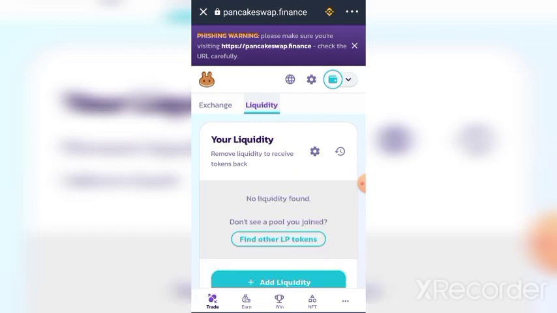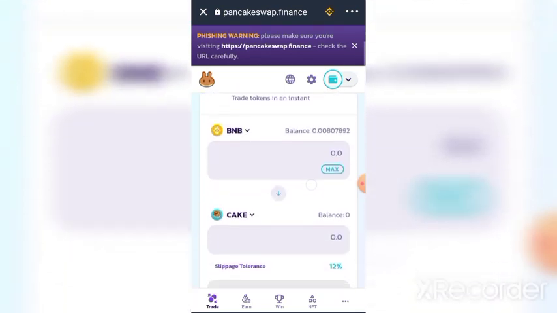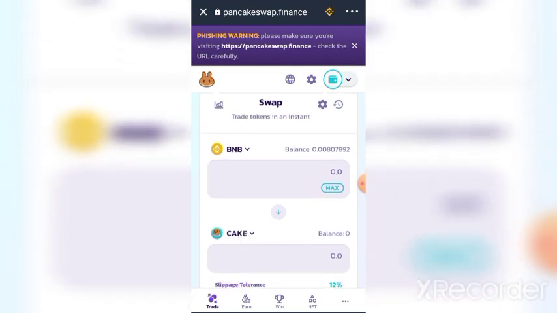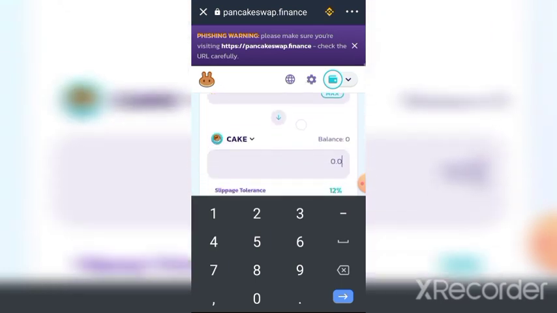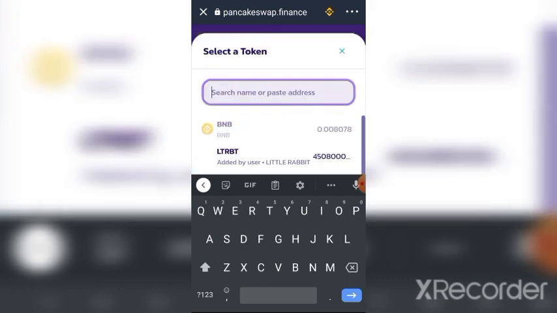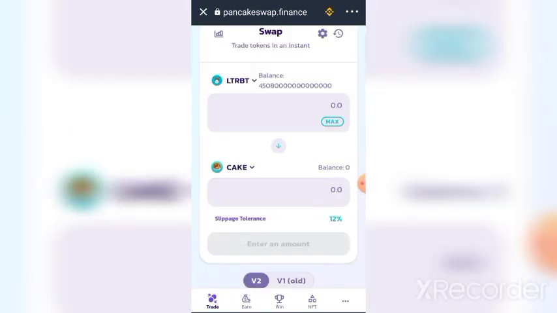When you click on the WKD, the next thing, make sure you are on exchange. It didn't change just now. You click on it again. Let's change it again from cake to WKD.